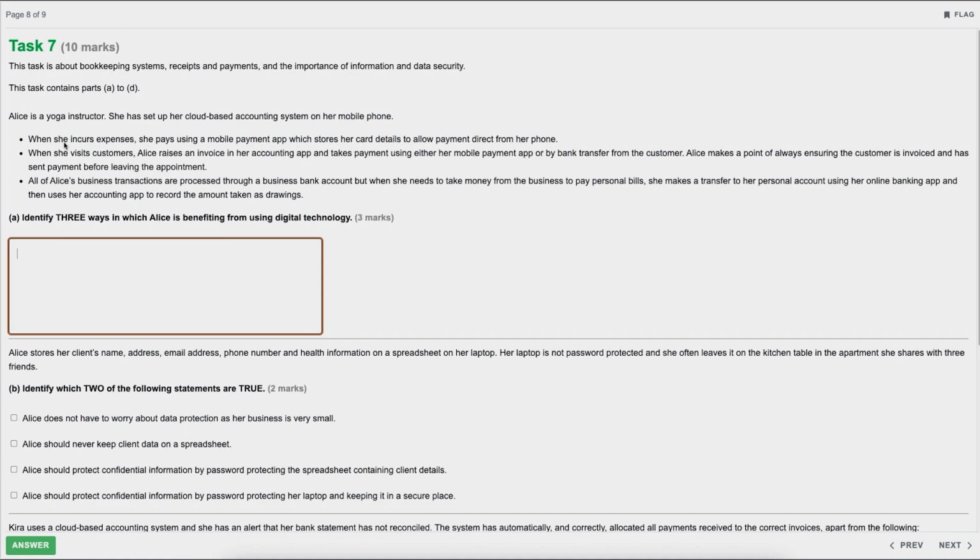So this first bullet point, when she incurs expenses, she pays using a mobile payment app, which stores her card details to allow payment from her phone. So straight away, that is saving her plenty of time because she's been able to record those expenses, firstly on the go, and more importantly, at the time that they occur, which means there's less chance of her actually missing those and more likely that she will record the receipt for them. So let's get this down. So the first reason I would go with is 1,